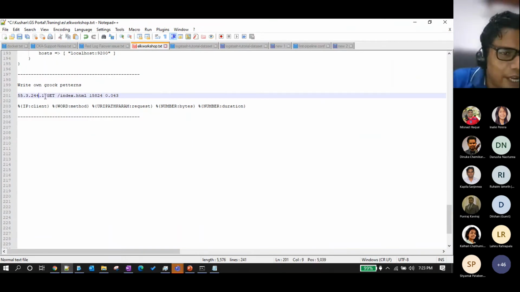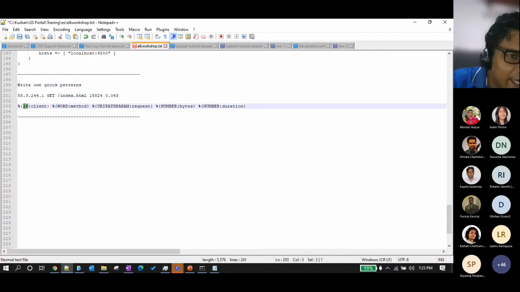To capture it in Grok, you call this portion the syntax and this portion the semantic, which means that in the message you capture this first value as an IP. So this is something like a data type. You capture it as an IP, which is already a Grok pattern that comes with Logstash, and then map it to client or client IP.